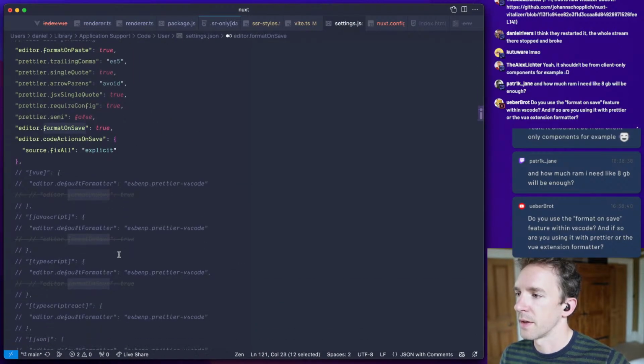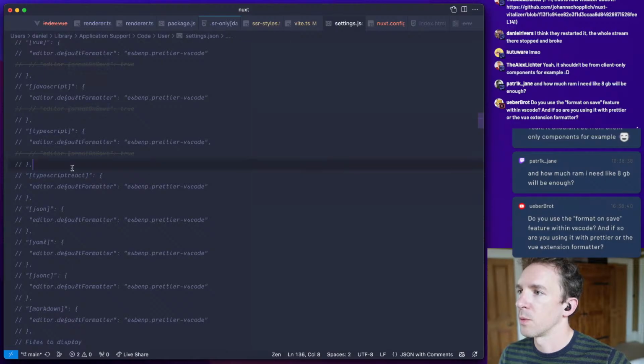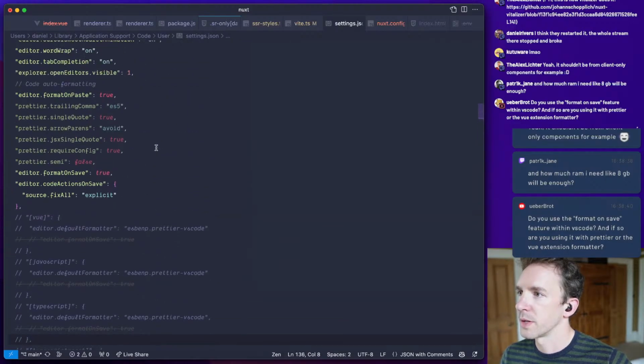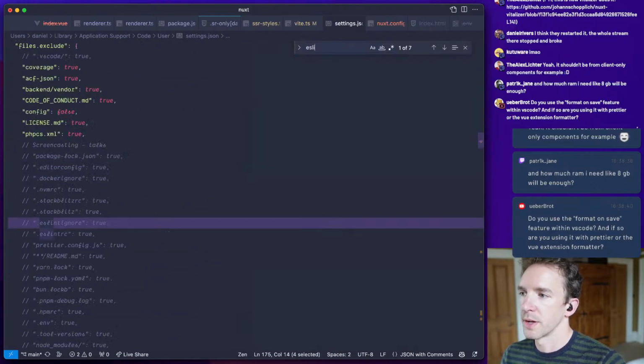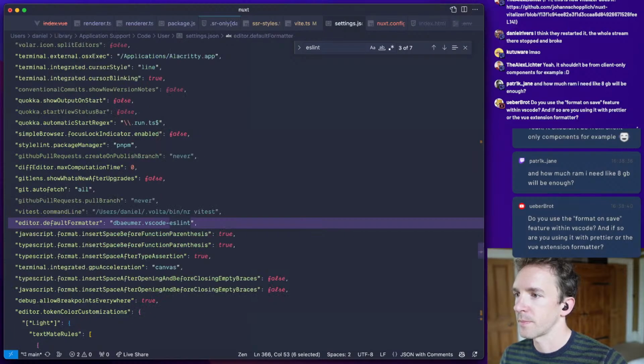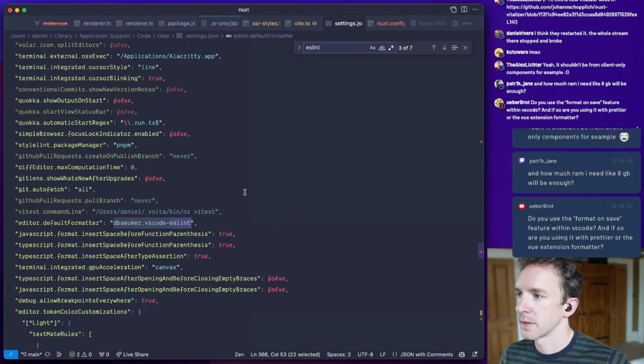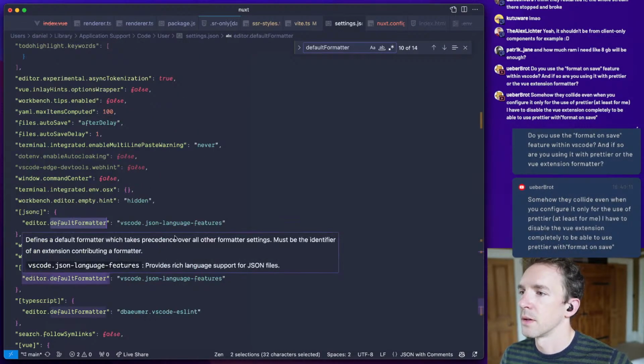I have format and save, and I don't want it prettier. I used to like prettier. I'm now not a fan. I would use this, I guess.